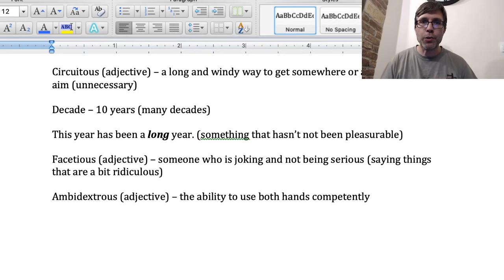So I think we use this adjective when people are talking about their hands. I don't know if it always has to be about hands, but it means that you can use both equally. You can use that when talking about writing or throwing, anything that you typically do with your hands, because I think one of them is going to be dominant. Like I said, my left hand is my dominant hand. But if somebody's ambidextrous, then they can use both equally.